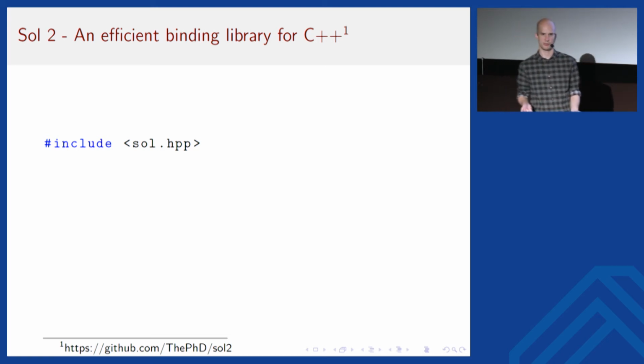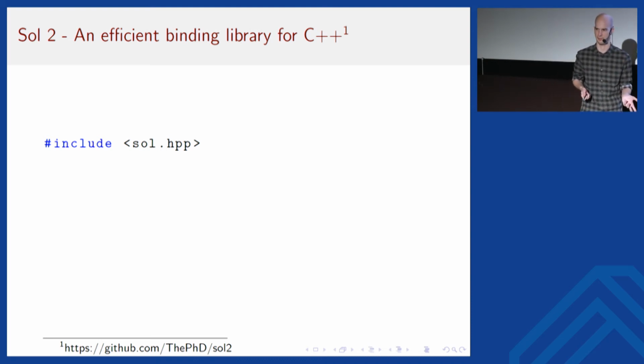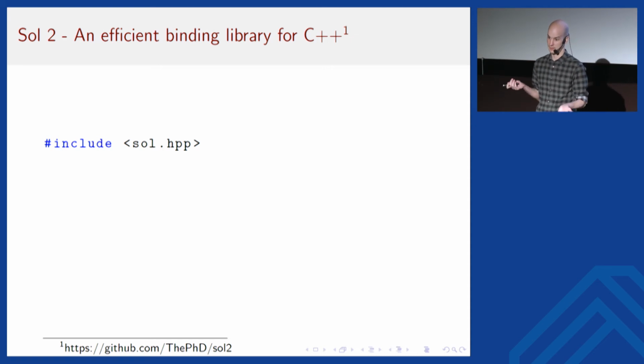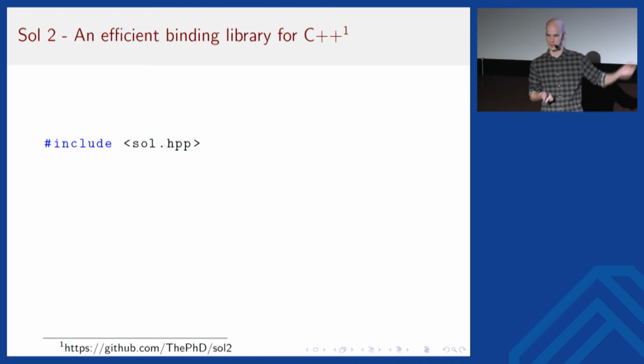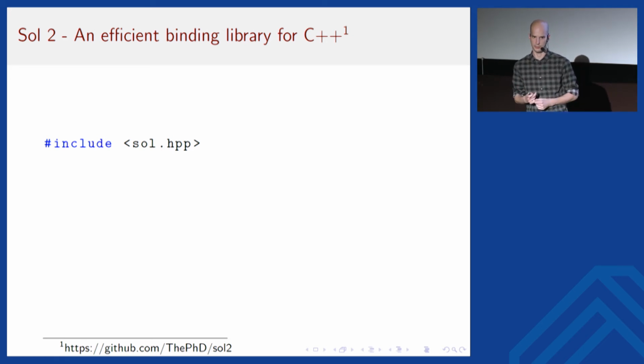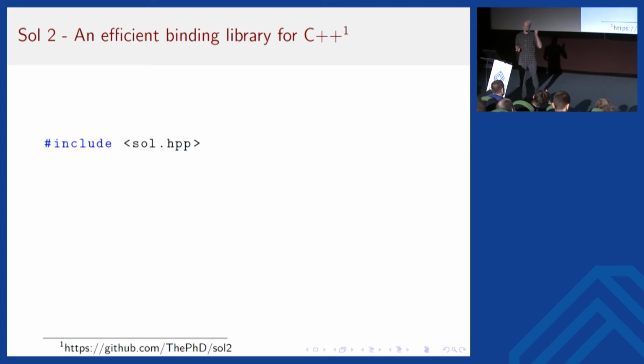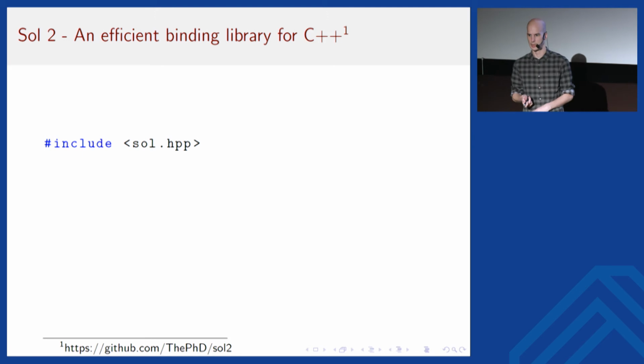But of course, you might not want to write all of this by hand, right? I mean, it's not that difficult, but hey, there should be a library that already does this. And actually there's several libraries, but one in particular that is quite powerful and quite modern in its feature set. It's called Sol2. You can see the GitHub link at the bottom. So this is a single header-only library. So you can just download the sol.hpp header, include it like this, and then you're good to go.